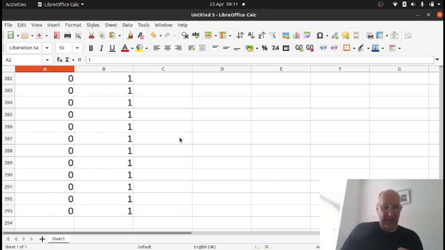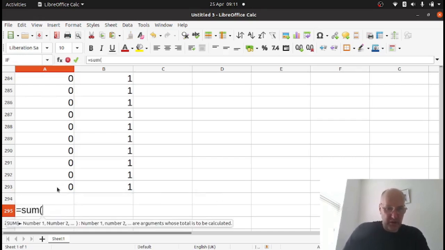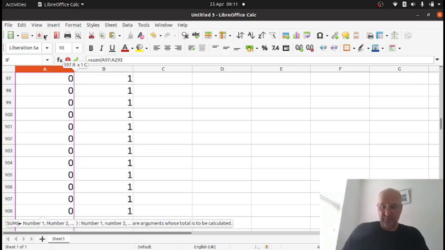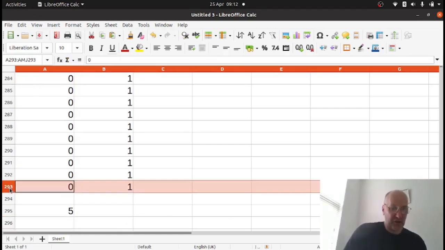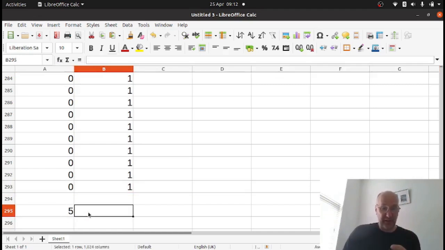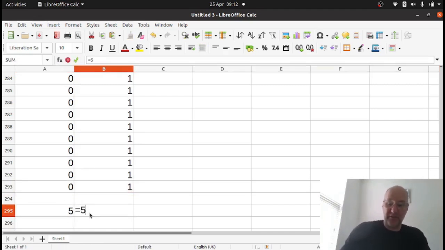Okay, so what is the probability? The probability is the number of drunks that we have here. So how do we find the number of drunks that we have here? Equals SUM, open brackets, and then click and drag up. Actually, it would have been easier to just type the values in, but anyway. We've got 5 drunks divided by 292. So we've got 292 that meet the condition. We've got 5 drunks. So our probability estimate is 5 divided by 292. There it is there,